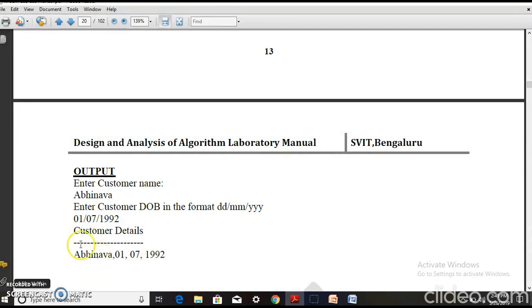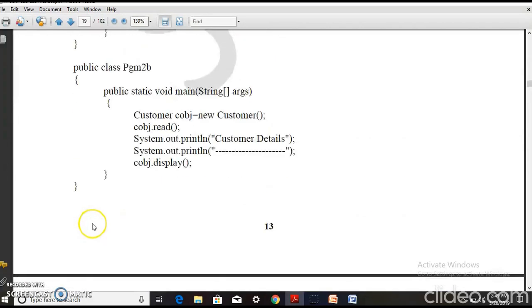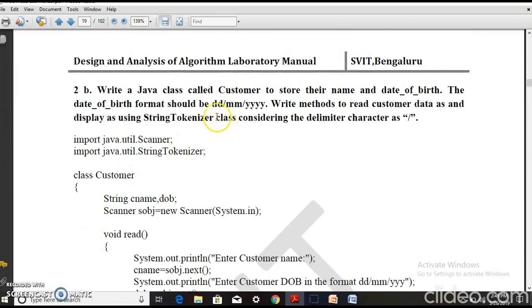That means I'll have to retrieve the date, month and the year separately from the date of birth and display it. Extracting the date, month and the year from the date of birth is to be done by using a class called the StringTokenizer class.